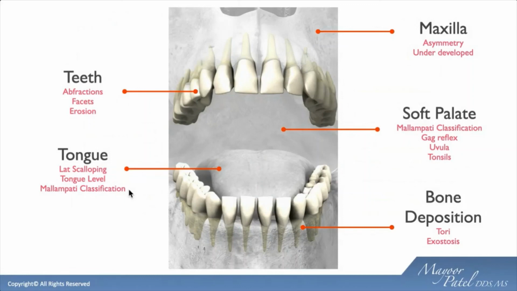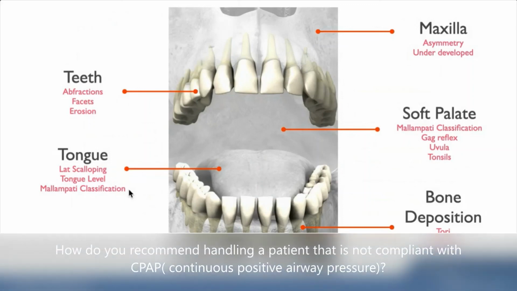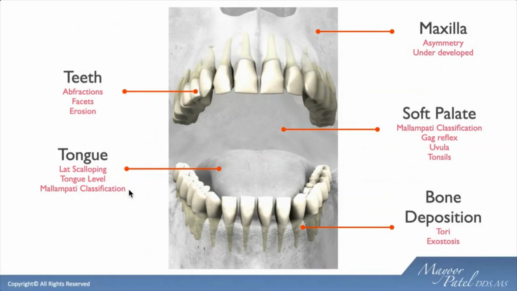So somebody asked specifically, what do you do with a patient that's not complying with CPAP, Mayor? Yeah, so those patients are not compliant with CPAP. Pretty much we get an order from their sleep physician or the primary care physician authorizing us to fabricate an oral appliance, evaluate these patients to make sure that they are a candidate for oral appliance, there's no contraindications for it, and then basically educate them on the risks and benefits of wearing such a device. And if they are willing to proceed, then of course the appropriate impressions, pairing them up with the right type of device and taking over their care from the standpoint of just managing the apnea.